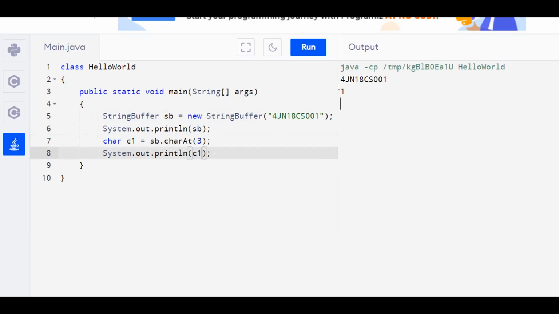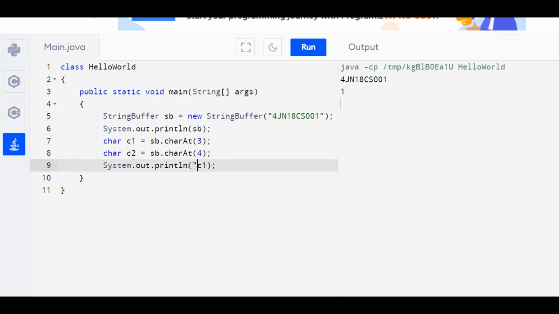It has printed 1. We need one more character, the character that is at index position 4. So let us change the index position. The variable also will change. And now we will print. Let us append a string. Here is C1 plus C2.